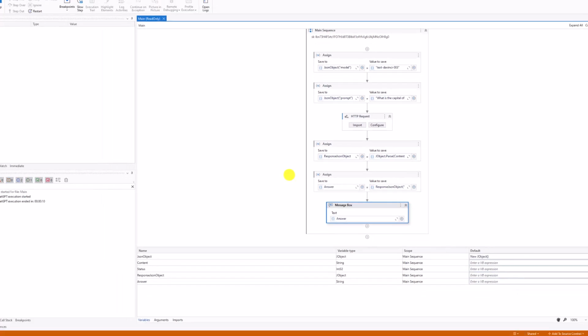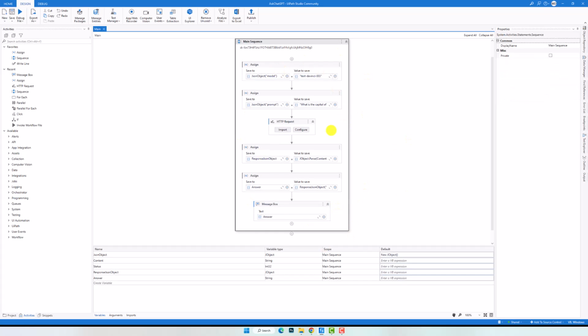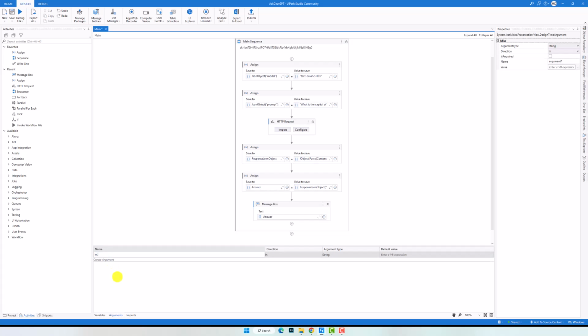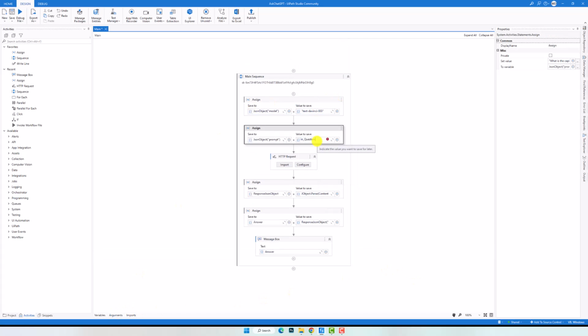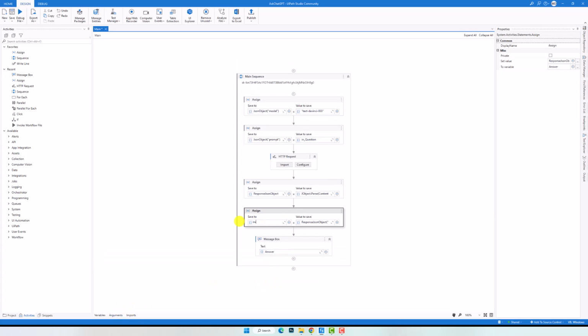This is how to communicate with ChatGPT and UiPath to get answers for your questions. You can use this sequence as a workflow with input and output arguments to use it in the project and get answers for your questions. You may ask yourself now, why should I use this sequence to get answers for my questions? I could directly use ChatGPT without using such workflows. The answer is, the main reason for this video is to show you how to communicate with ChatGPT and UiPath. And this was only an example to show you how to create an HTTP request in UiPath to get data